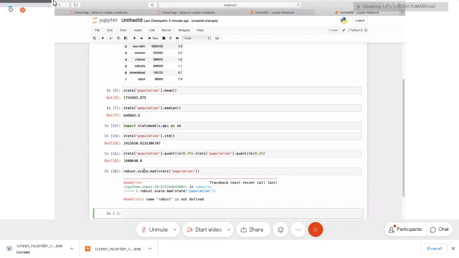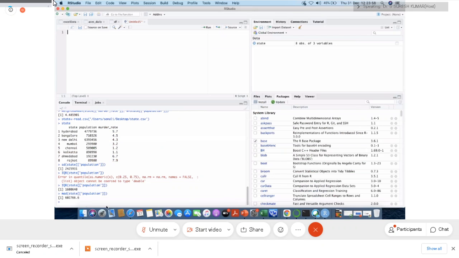So, in order to find out all these things, let's jump back to R with the same data set. If I want to display some percentiles of the murder rate by the state, I will be using the quantile function in R. I'll say quantile, and of the state, I want the murder rate to be taken. We had written murder rate as MUR, murder underscore rate. I want the murder rate to be taken,